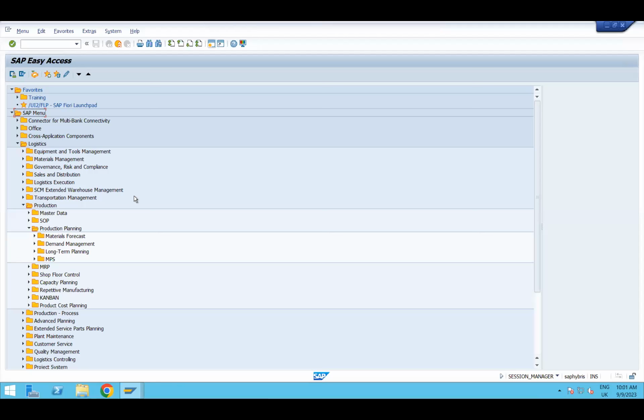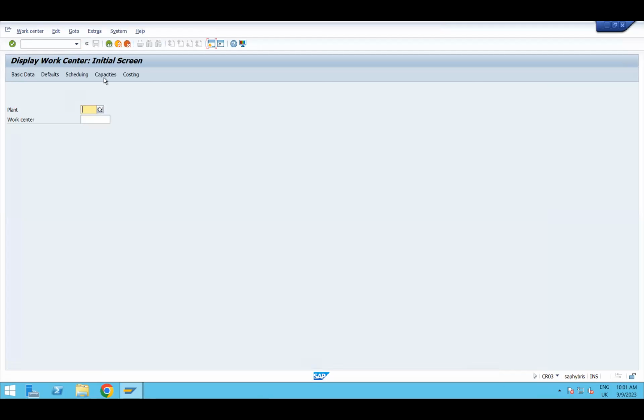Yes, sir. Go to routing. Routing of gear motor or gearbox. What is the T code for routing? CA03.